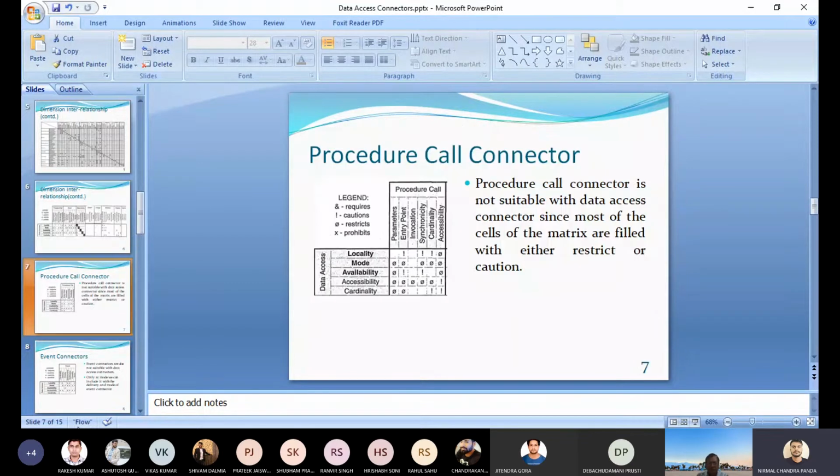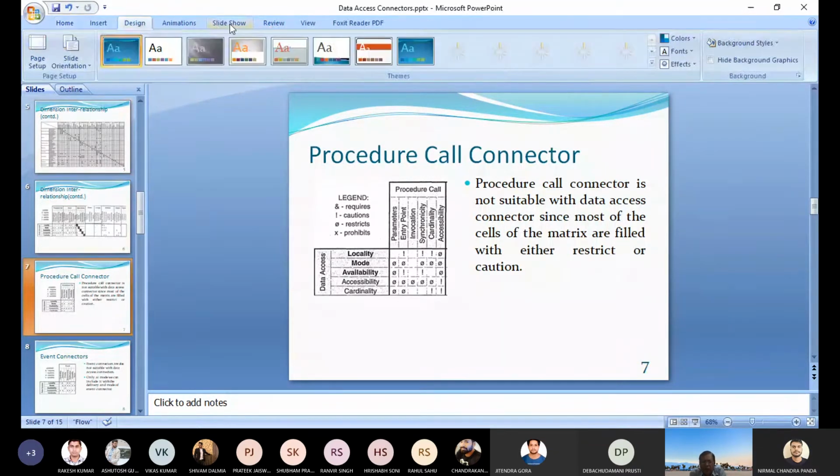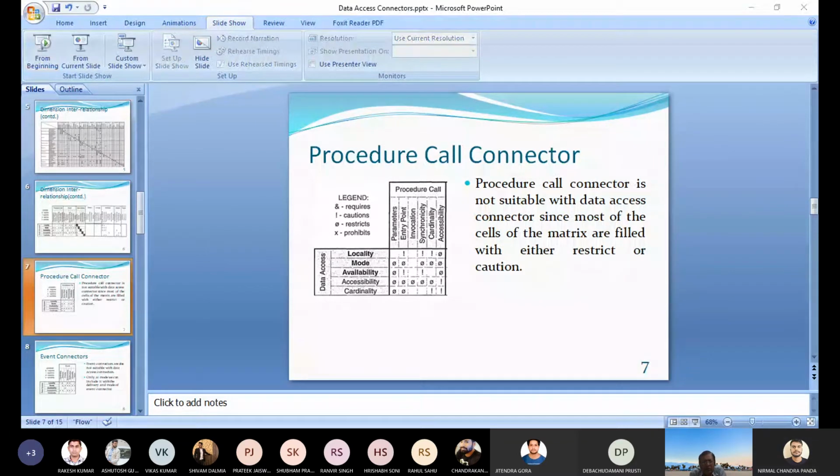This is the procedure call connector with data access connector. Make it full screen. The picture is so small, not able to see properly. Sir, is it visible now? Make it full screen. Sir, I've made it. No, it's not coming.